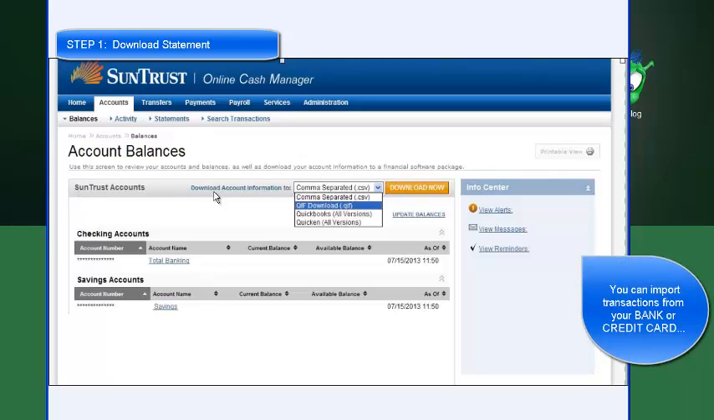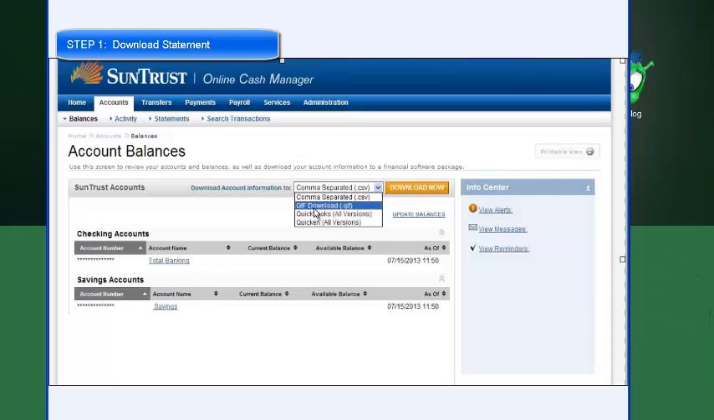and right here at the top, Download Account Information To, and it's got all the formats. I pick the format I want. You can pick several of these QuickBooks formats that'll work. I use the QIF file and click Download Now and save that to my Documents folder